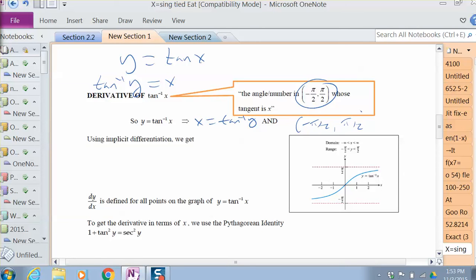That's the default range for inverse tan. If I use implicit differentiation, so if I take the derivative with respect to x, that'll be 1 equals